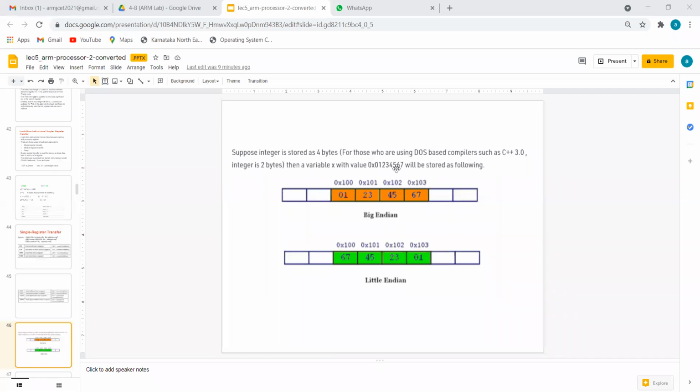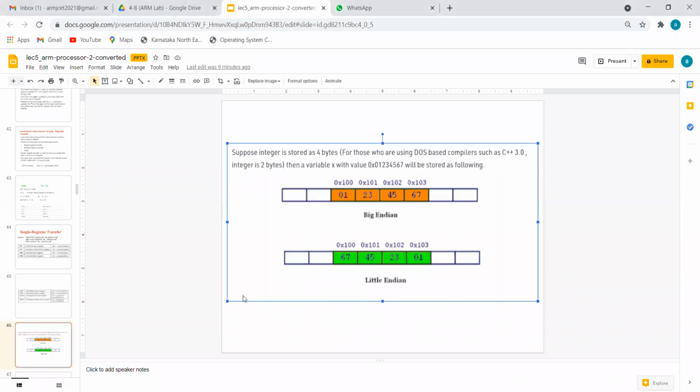Now in this number, what is the LSB, 0 or 7? The number is 0 1 2 3 4 5 6 7. Whether the LSB is on the 7 side or on the 0 side, which is the LSB? 7, correct.